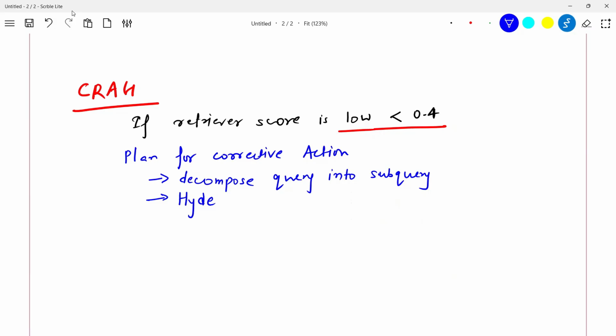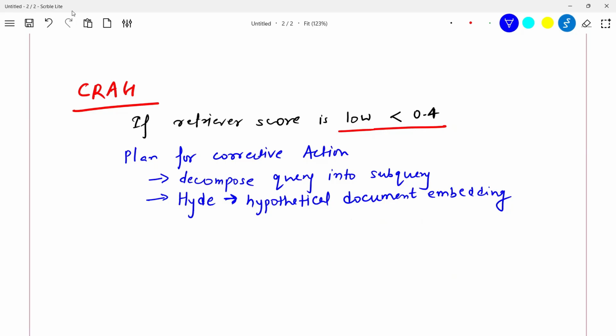This stands for hypothetical document embedding. What happens in HyDE is it will simply generate an embedding and call that the right embedding, and then it will try to match it against your knowledge base and see if that is making sense or something closer to that is coming.